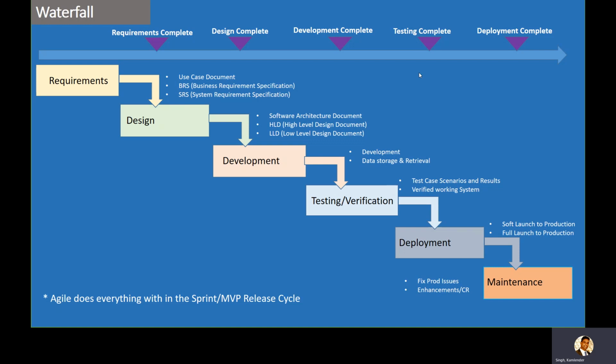So once the testing is complete, the testing complete milestone is achieved, then we go to deployment, wherein we engage the infrastructure team, the deployment team, to deploy our project. And of course, we are talking about the deployment on the production system. So once this project is deployed on the production system, it's available for the end user. And now this is the phase where the customer actually starts realizing the value of the project.